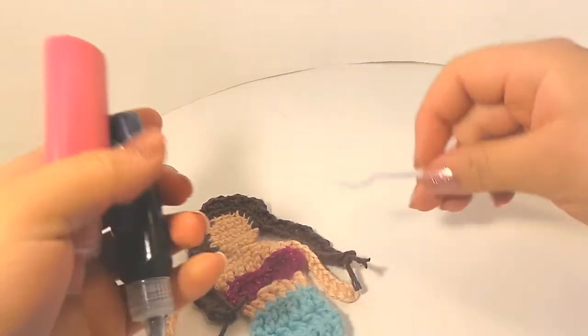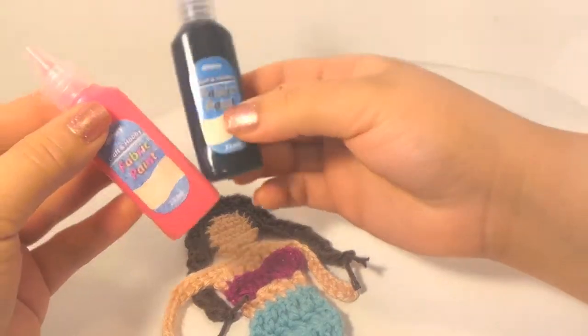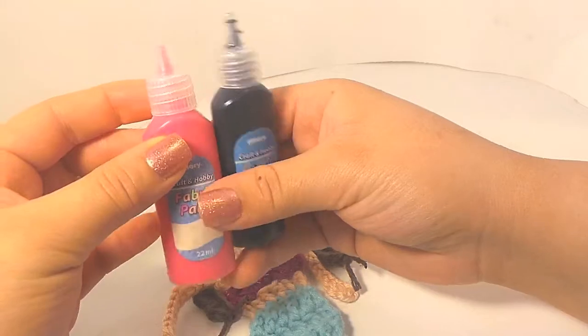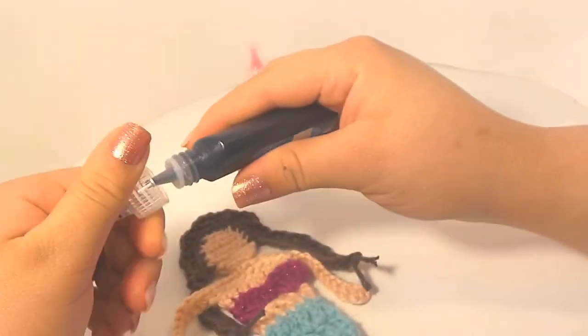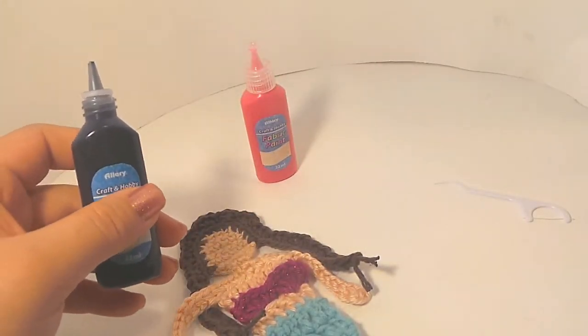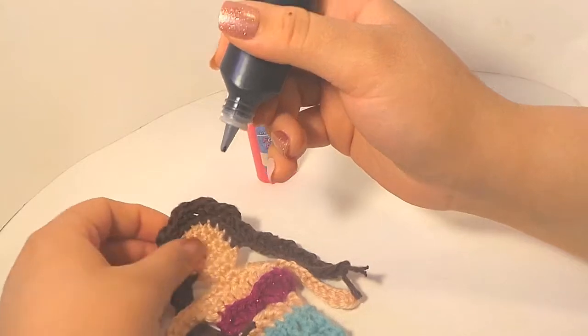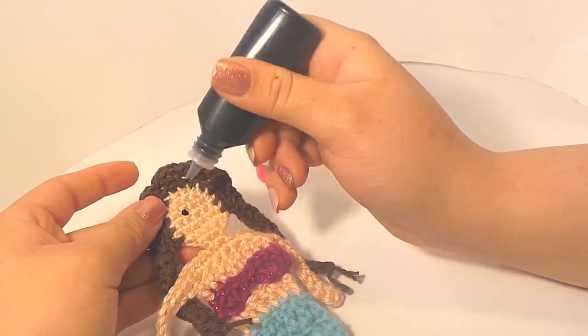Okay, so the very last step is drawing the little face of the little mermaid, and you're gonna need a toothpick and some fabric paint. So what I did was I put two little dots for the eyes, like that,